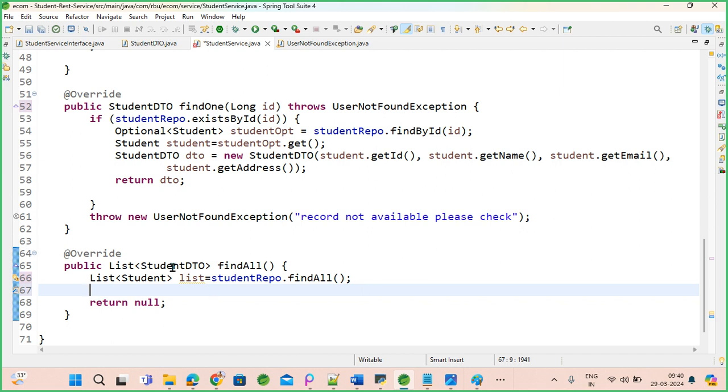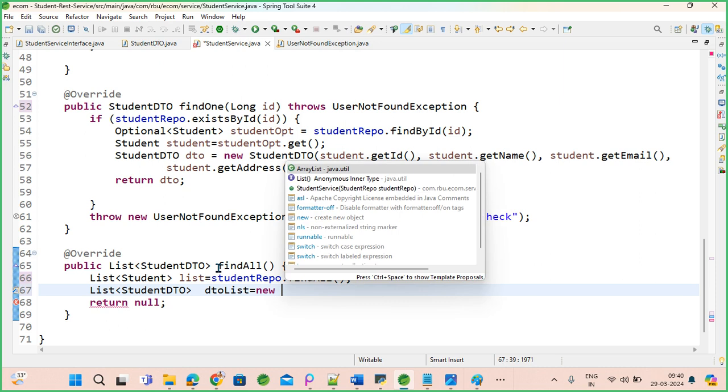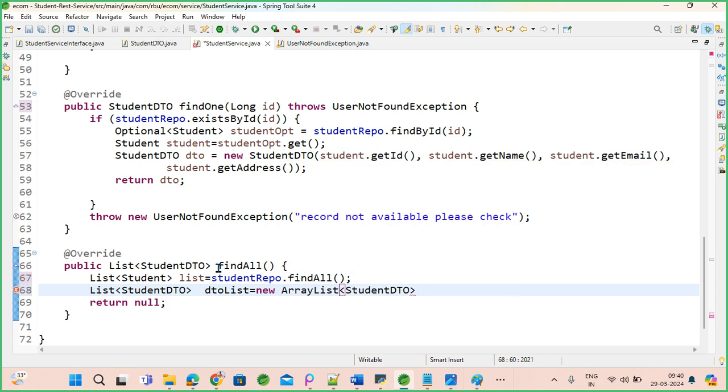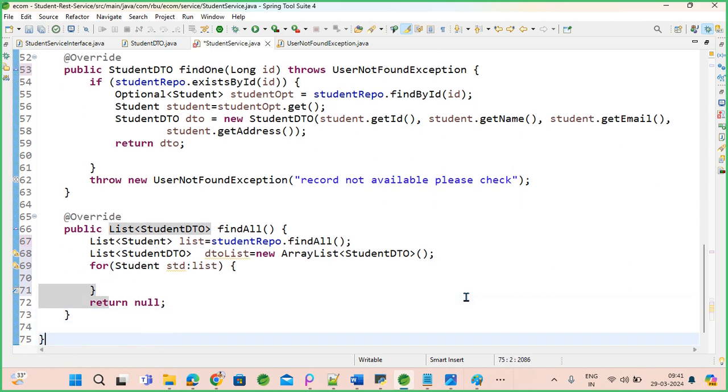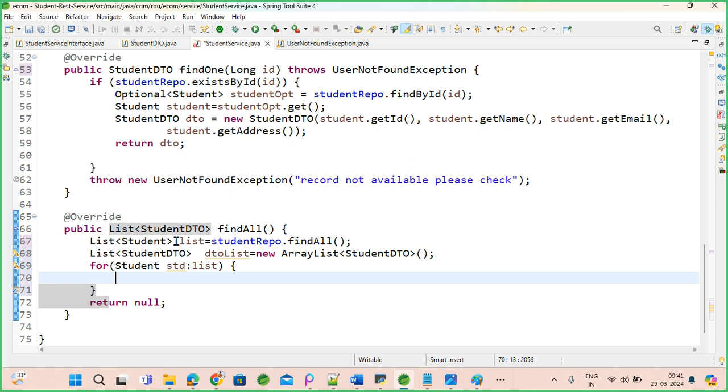So what you need to do is convert from list to DTO list actually. So iterate through it and keep it into this list. So for each item in the list you will be getting a student object,